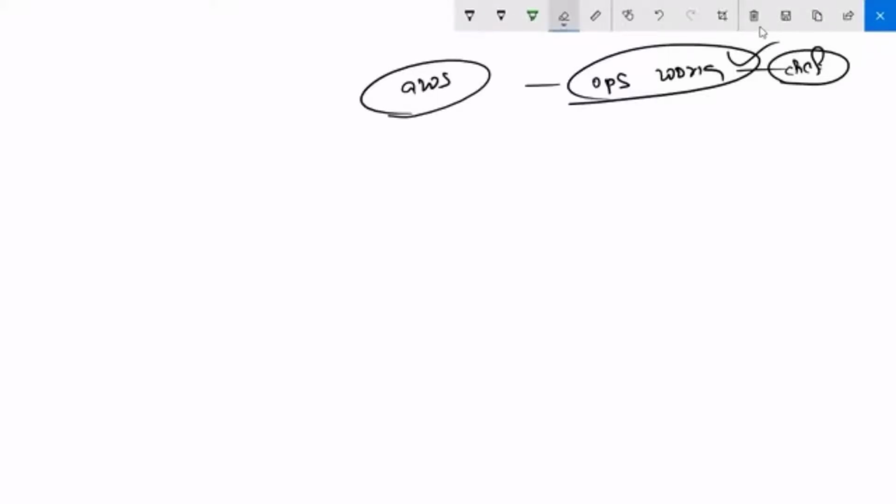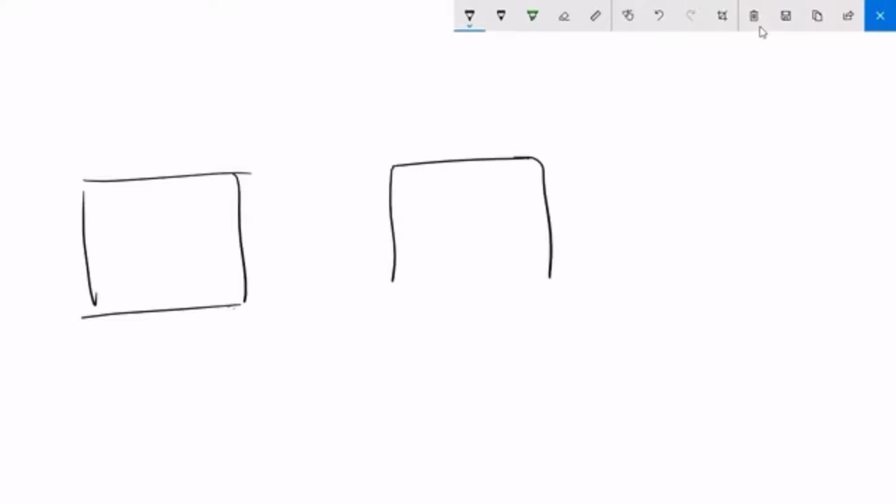Now, if you observe carefully, each of what we have done so far: we have launched the workstation, which is a one-time effort. After that, we launched the Chef server, which is only a one-time effort.